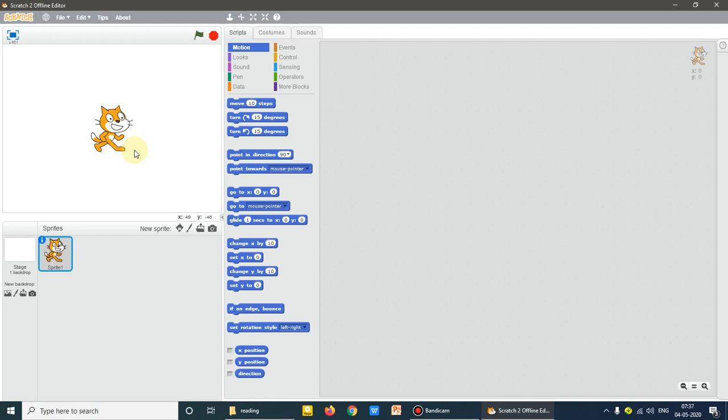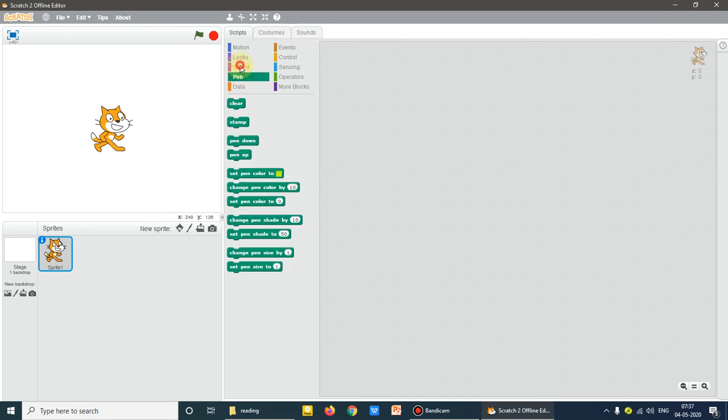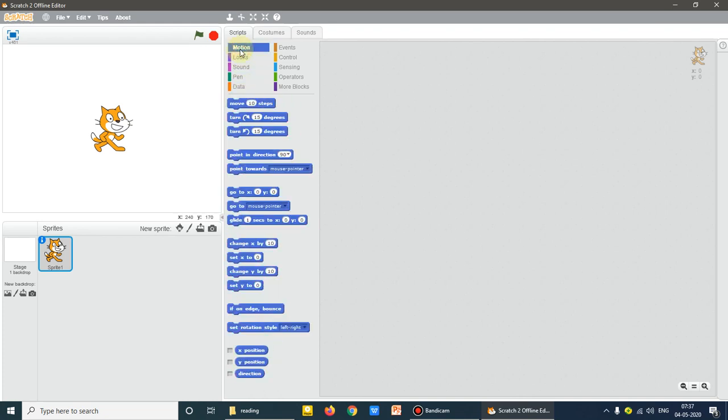Then now wait for my next tutorial in which I'll be teaching you some other activity based upon Scratch, whether you are using new Scratch or earlier Scratch. I'll be teaching you in new Scratch, but the steps are the same. Here different blocks are there. From here you have to select the commands. The interface is a little different, but steps are the same, commands are the same. So I'll be stopping it here only.